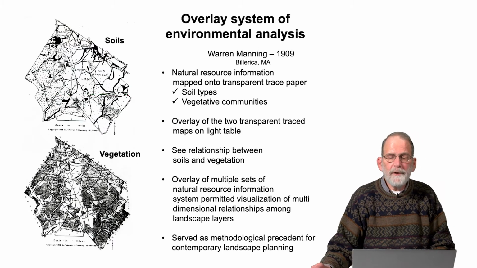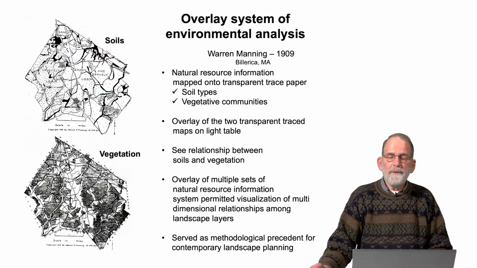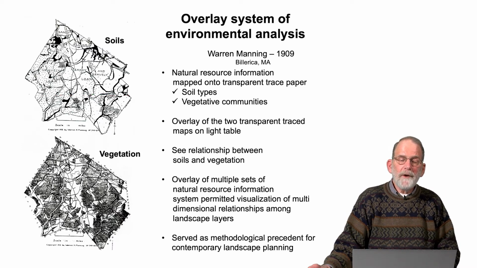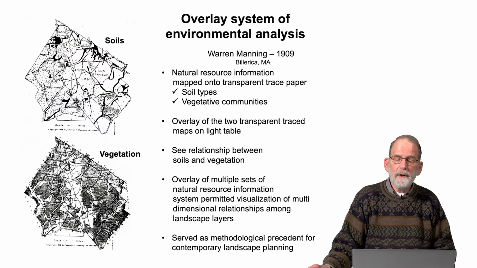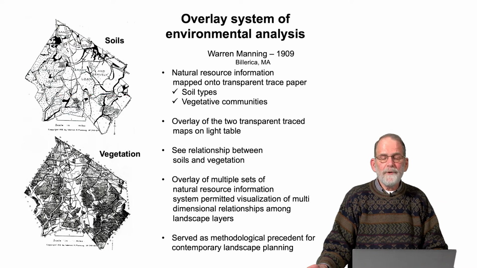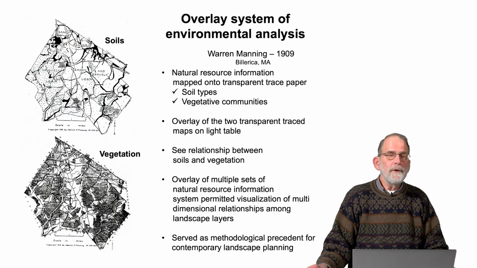In his initial system, he developed natural resource information, mapping it onto transparent trace paper, and we see here mapping soil types on the one hand and vegetation on the other hand, overlaying the two of these transparent traced maps on a light table where he could begin to see relationships between soils and vegetation. He could do this with other